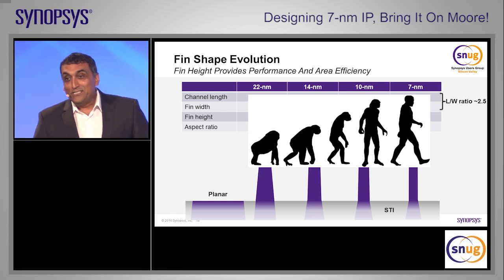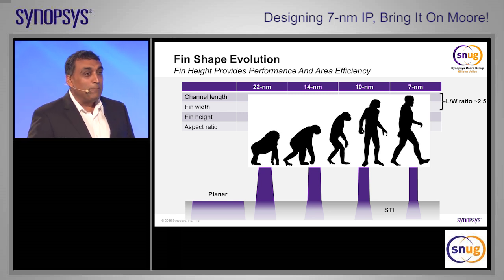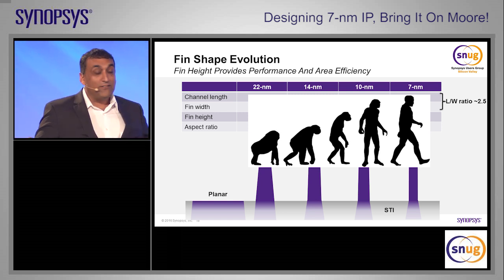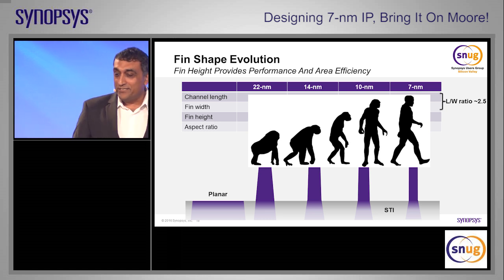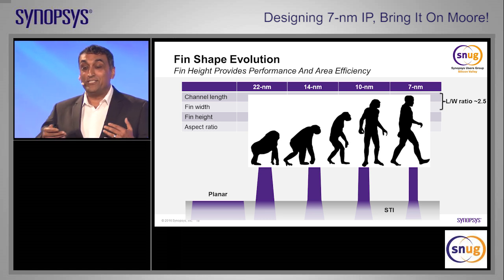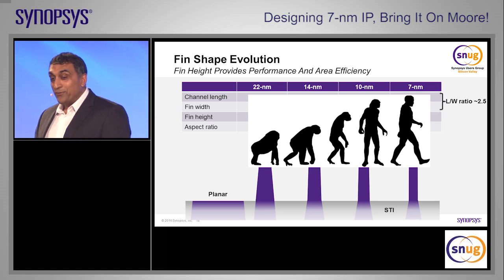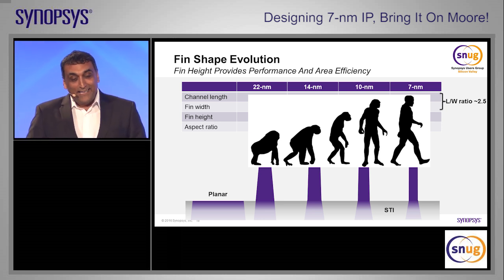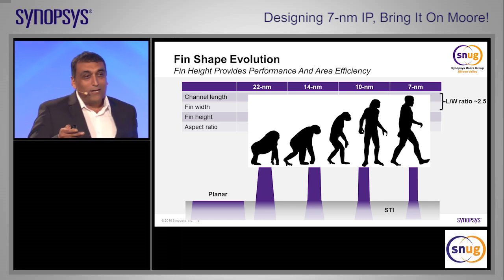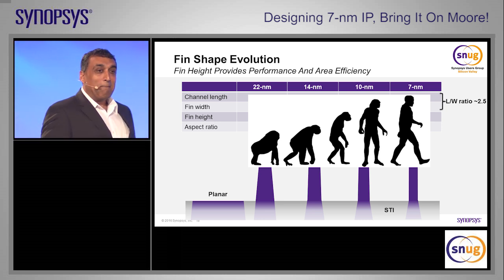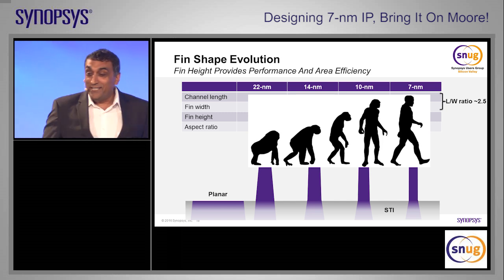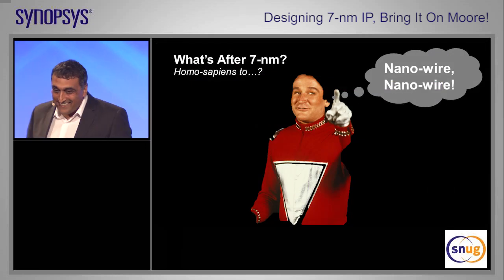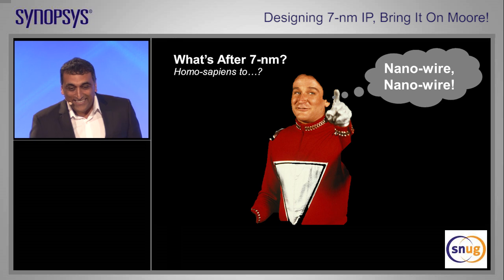Okay? So at Synopsys, we're a very professional and thorough company. When I have to do presentations like this in front of a large audience, I've got to rehearse my presentations. And when I did my rehearsal, I presented this slide, and somebody said to me, what comes after Homo Sapiens? The answer's very easy, actually. It's Mork from Ork, right?